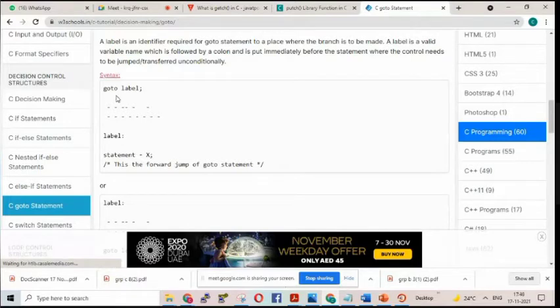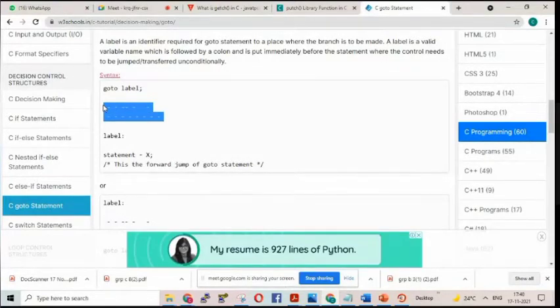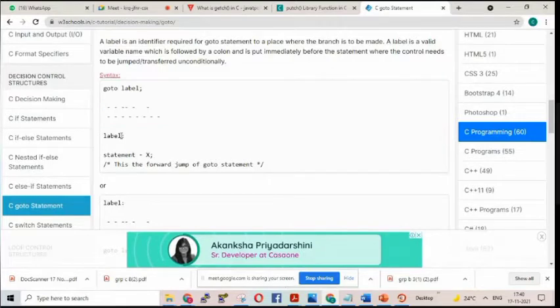You can just go through once. You can see here: go to level, then level. Suppose you have a set of codes here where that dot is given. When you are at this position, you are instructed to go to level. So what will happen? The portion in between, whatever code you have, will not be executed. You will reach the point where the level is written. Did you understand what I told?